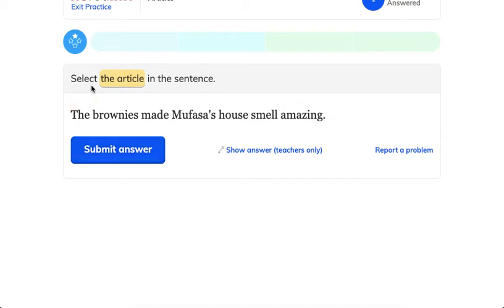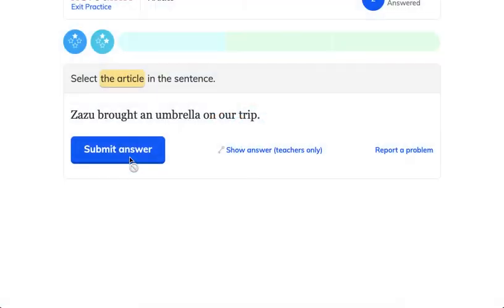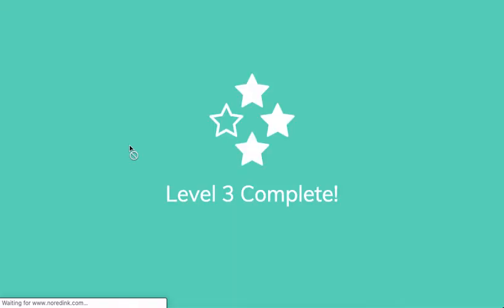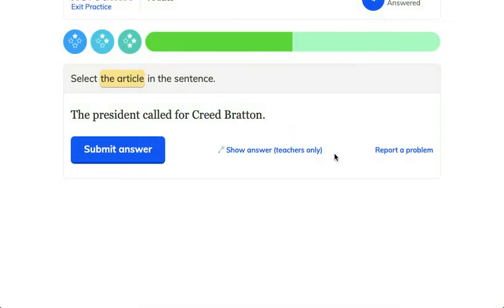So for this, it just says select the article in the sentence. I'm going to select the and hit submit answer. Look, I'm a genius. I've already completed level 2. Select the article, an umbrella. I've already finished level 3. Here's the. Now I have to answer one more question. Up here you'll see the bar. For some topics, you'll have more than just 2 questions, but for others, they will be very, very quick. So we'll do the,